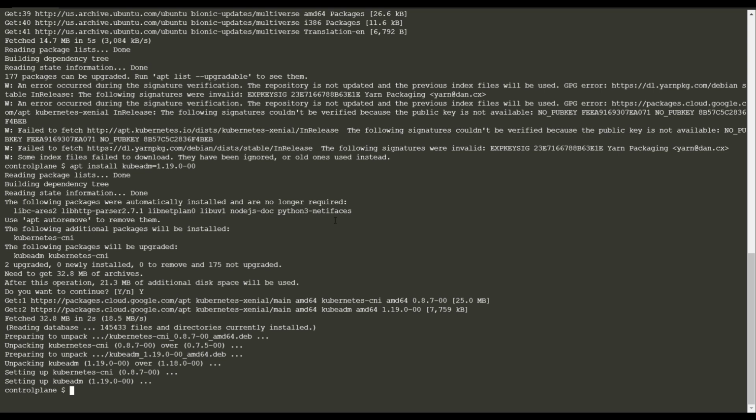Now kubeadm upgrade apply to version 1.19.0.